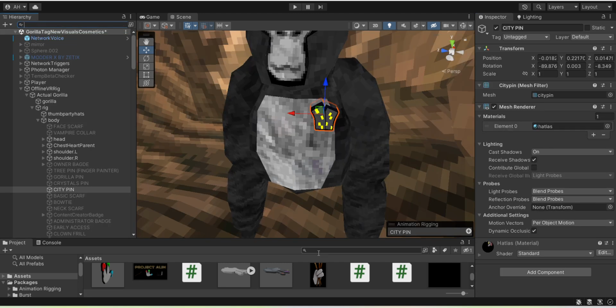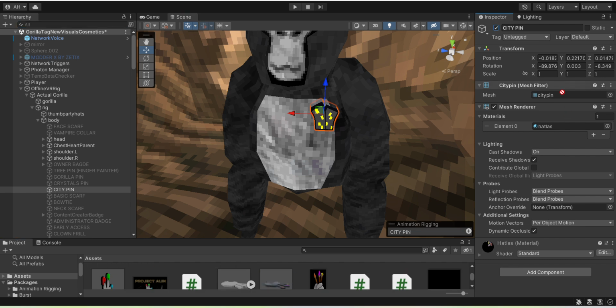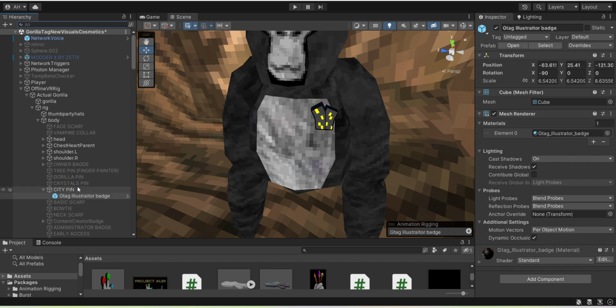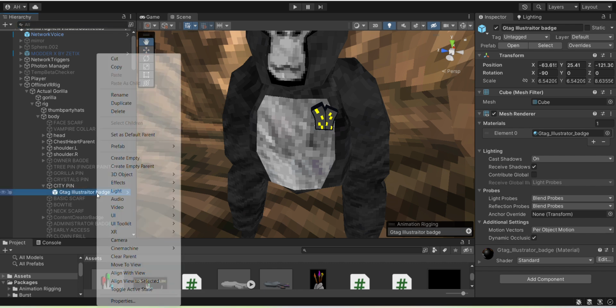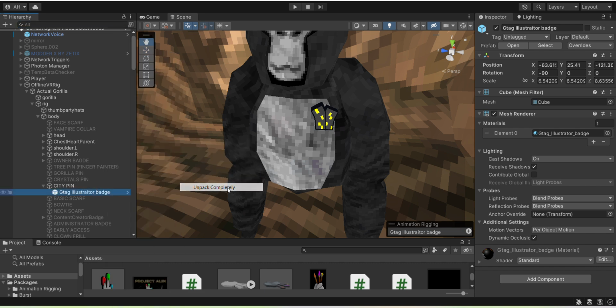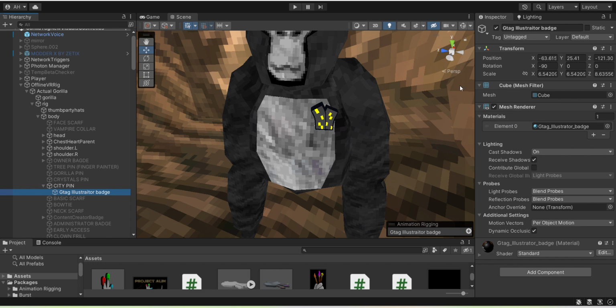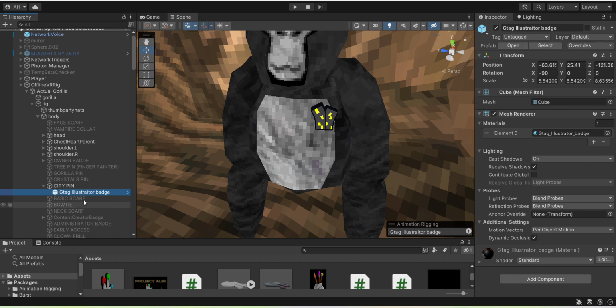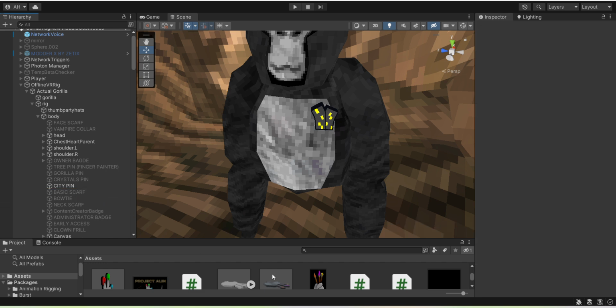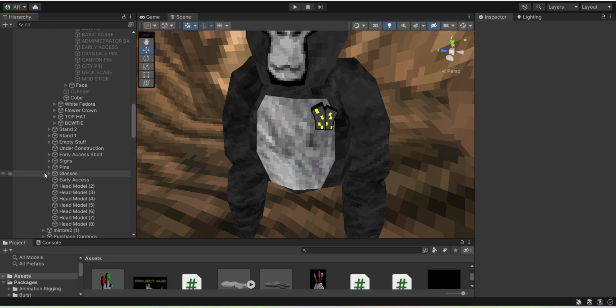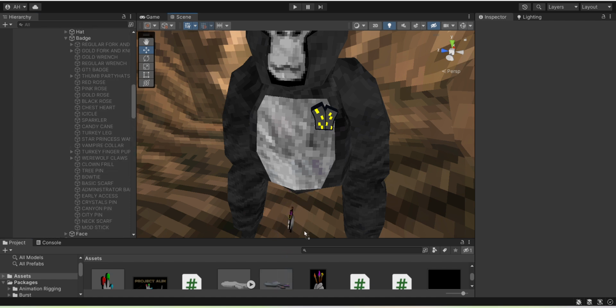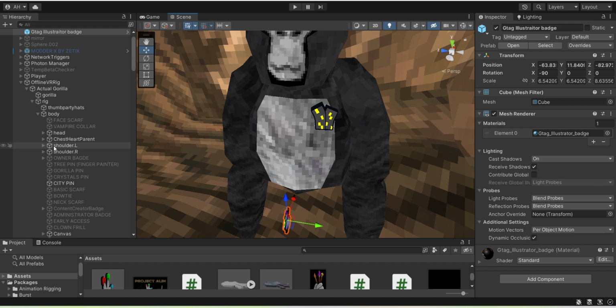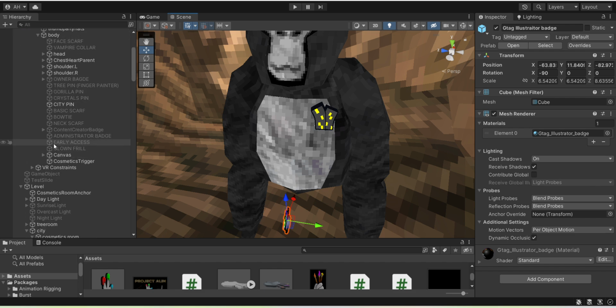And I think you have to drag this onto somewhere, I think. Like, drag it inside of it, then right click, prefab, unpack completely. I think you do, no, never mind, don't do that, delete that. So then what you want to do is you just want to drag this inside of your project, and then the city pin,